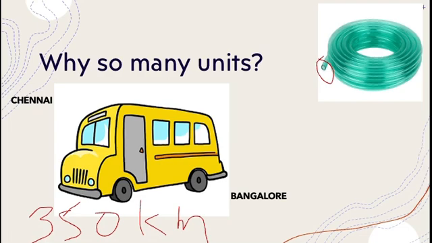When it comes to the measurement of length, sometimes we need to measure lengths which are large in value, so we prefer to use bigger units. Sometimes we measure lengths which are very small, in millimeters, so we prefer a smaller unit. That is why there is a variety of units, so they can be used in different situations as needed.